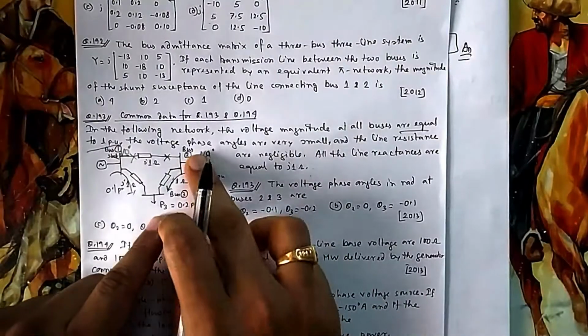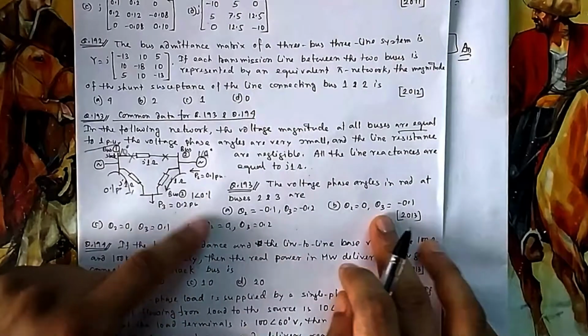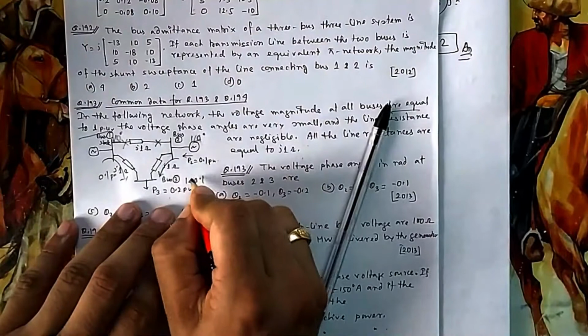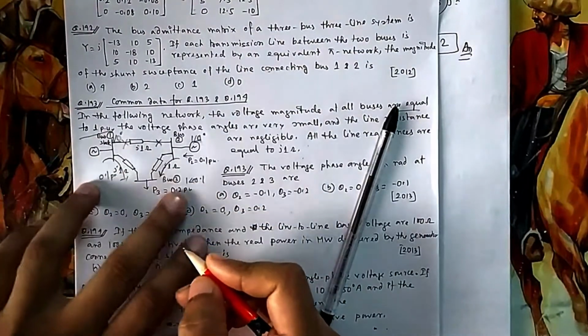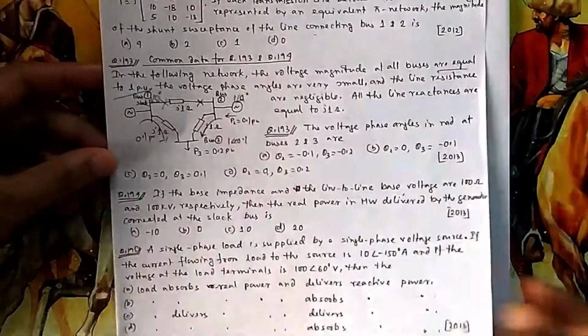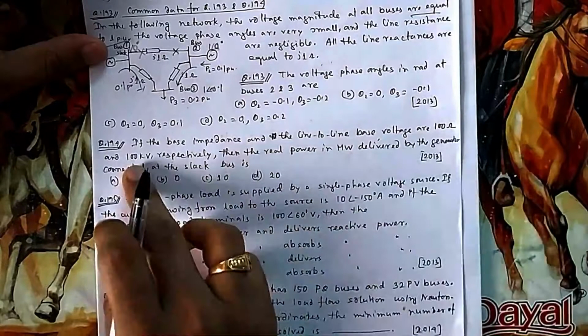So theta 2 is 0, and theta 3 is minus 0.1, that is option B. This angle should be minus 0.1, not 0.1. Then only power will flow from this and this. Now if you see 194, the base impedance and the line to line base voltages are given,